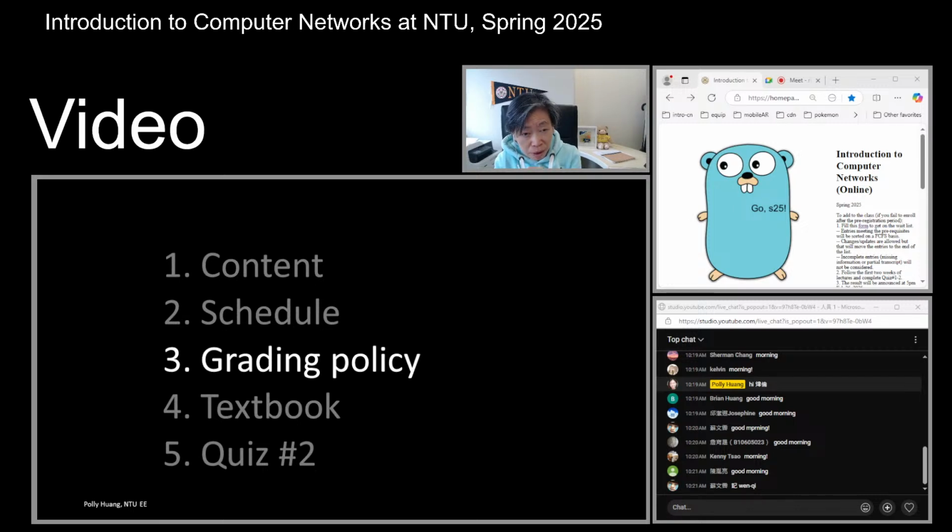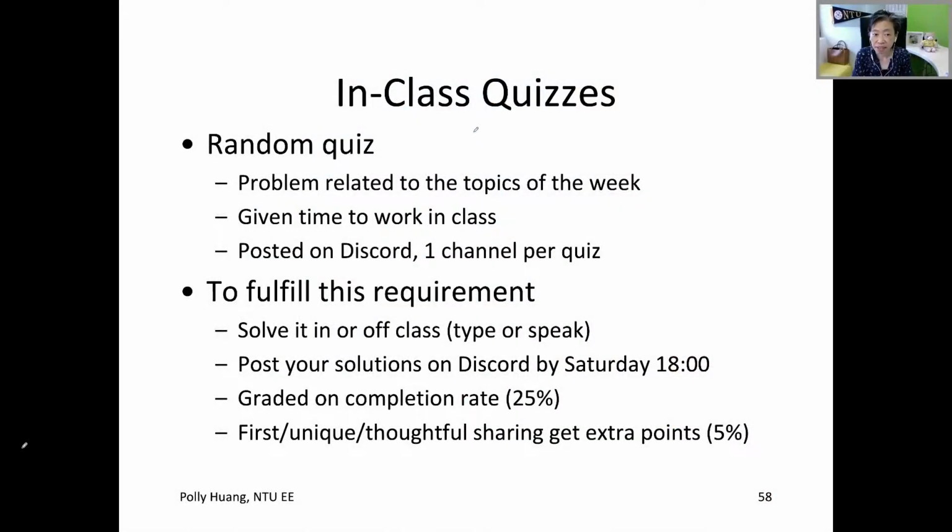Now the pop-up quiz part, and Polly will talk about the penalty for submitting these assignments late. Quizzes, each is an assignment. Programming assignments, each, of course, an assignment. The in-class quizzes will pop up randomly during the lectures, and they're related to the topics we're talking about. For many of these quizzes, you'll be given time to work on them during the lecture. I would advise that you establish some sort of channel within the team so that you can have some discussion before posting the team solution on the score. There's going to be a channel on the score per quiz, so it's hard to miss.